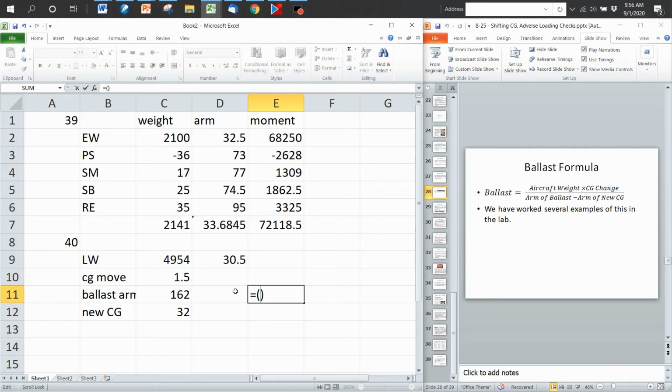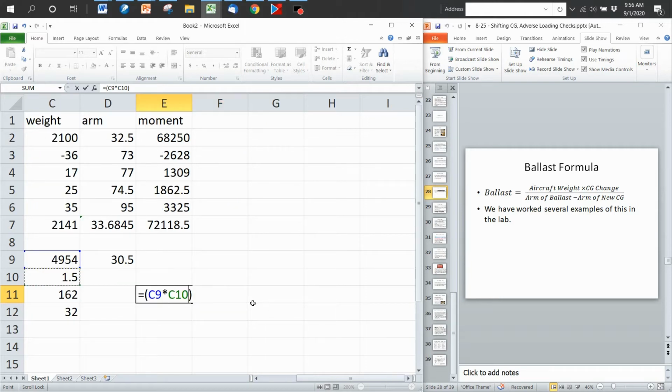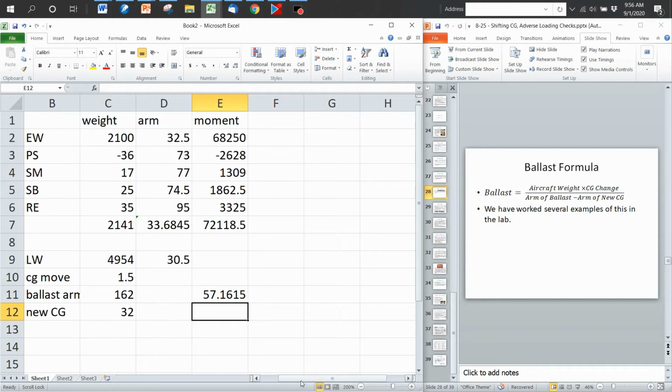My aircraft weight is right here, times my CG change right here. And now that amount is going to get divided by my arm of my ballast, which is right here, minus my arm of my new CG, which is right here. Close those parentheses, and that gives me my answer of